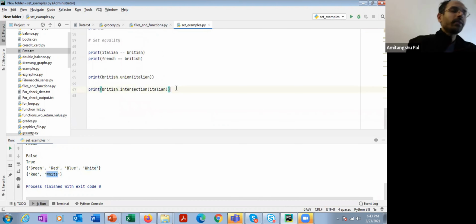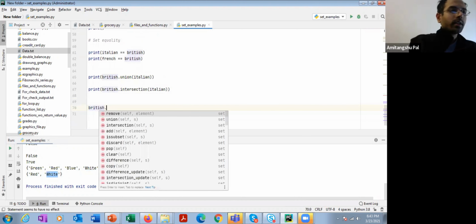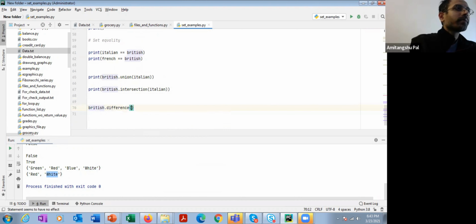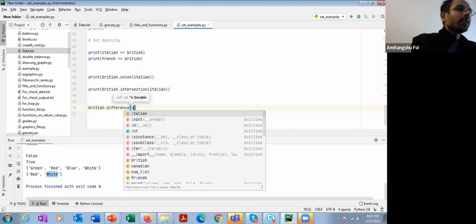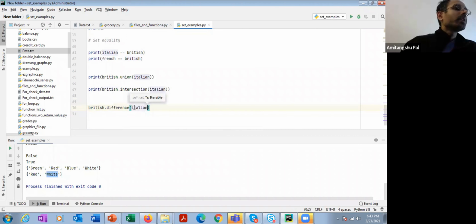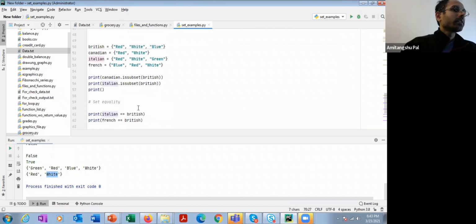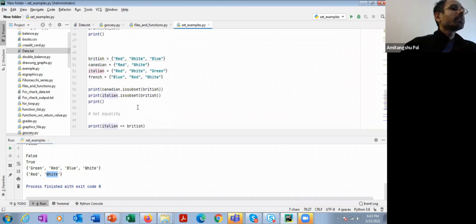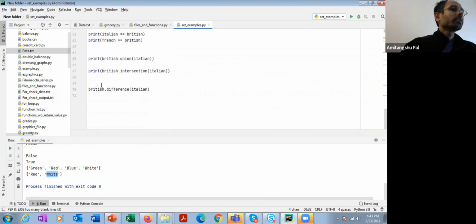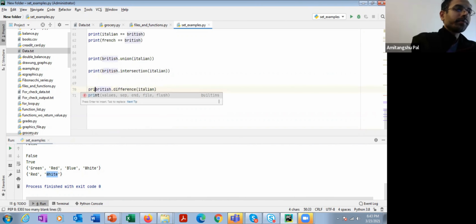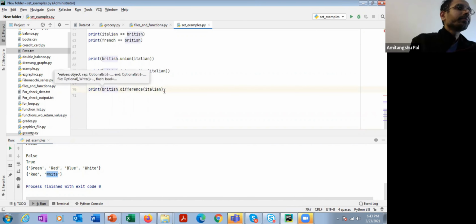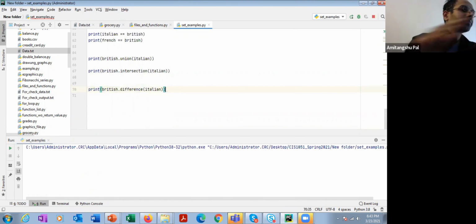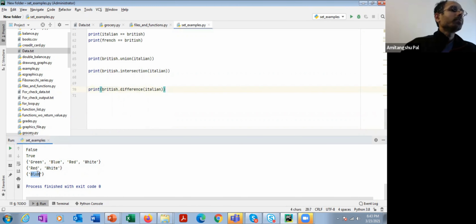And set difference: British dot difference Italian is going to return the set of colors that are in the British flag but not in the Italian flag. The set of colors that are in the British flag but not in the Italian flag is blue. So let's print and check. It is going to return blue.